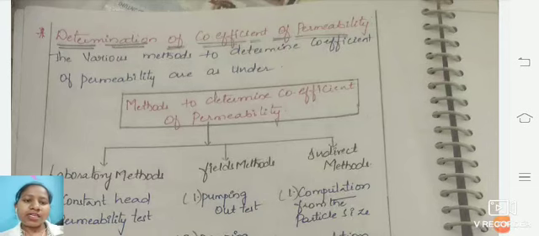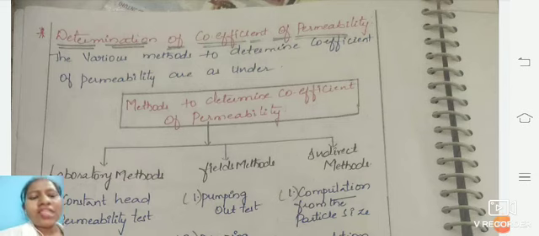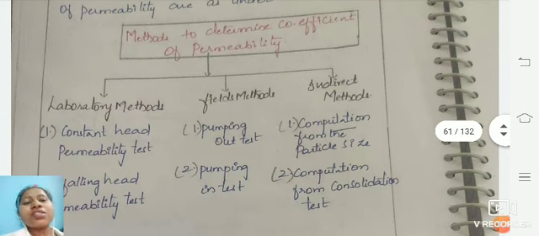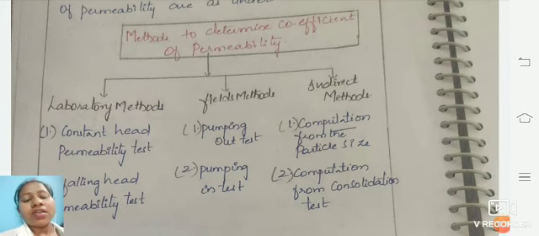Hello everyone. In the previous session, we studied the index properties of soil and permeability, and now we'll be studying the tests for the coefficient of permeability: what the laboratory tests are, what a field test is, and what the indirect method tests are. If you see the figure, we have laboratory methods, field methods,